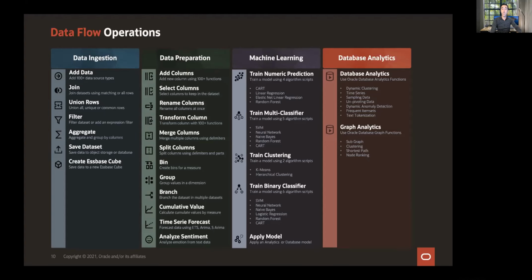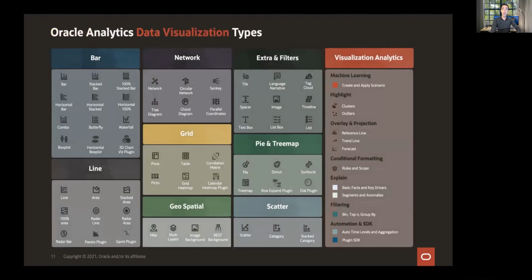In the next cheat sheet, we are going to see also that you have all different types of data visualization. We have now more than 50 types of data visualization, more than a lot of our competitors. It's why Forrester put us leader just beside Microsoft Power BI now this year. It's huge. You can see we do network, grid, extra filter, pie and tree map, geospatial with Mapbox, Google Street View, and more,